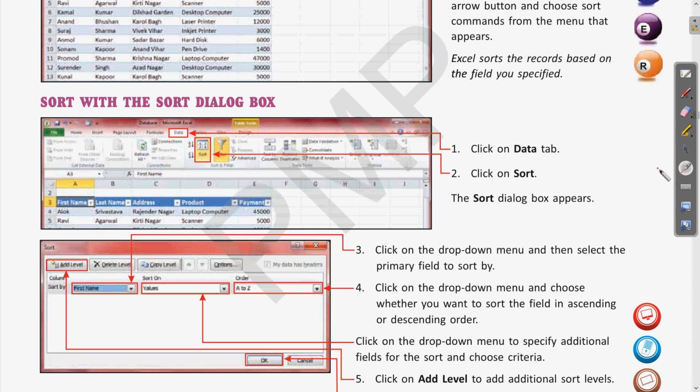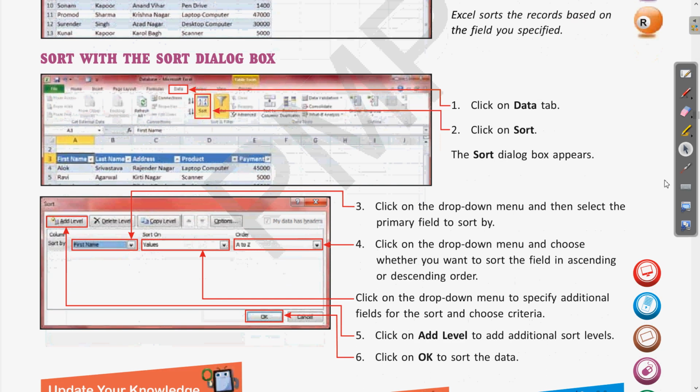Now next one is click on the drop down menu to specify additional field for the sort and choose criteria. Clear? So if we want to assign some more criteria, like after on the basis of one field for the sorting purpose, if you want to choose some other field additional to that, we can use this for other additional fields or choosing some condition.